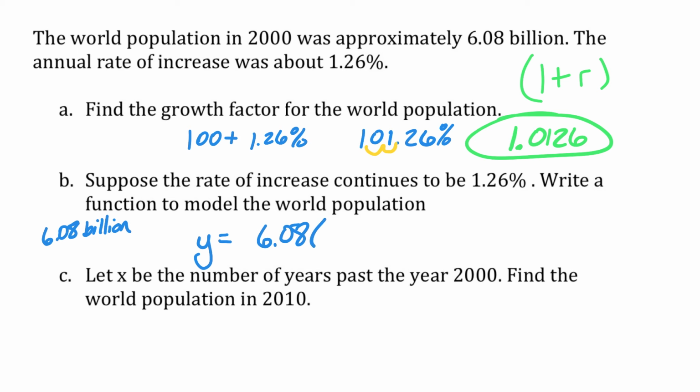So my rate is 1 plus, but we've already calculated that. So I'm going to go ahead and write this in here. You don't have to exactly write the formula the way it is. You just have to make sure you use the formula. So this is our base amount, 1.0126, and we have an exponent of t, which is in time. And this did tell me that it was compounded annually, so it's only happening once during the year. We'll talk about what I mean by that a little later. So this is our answer to